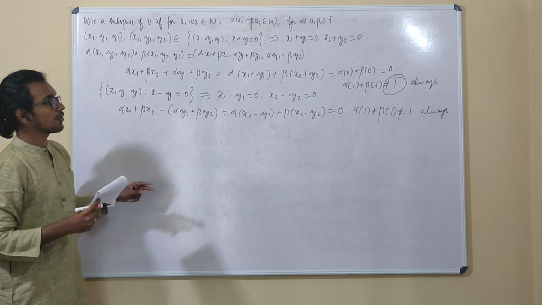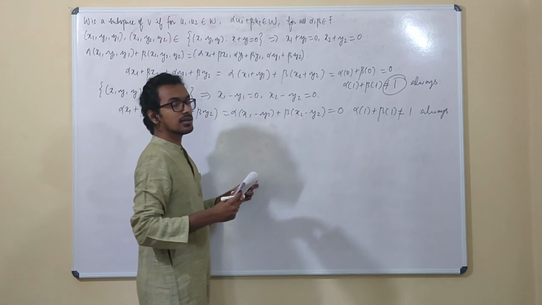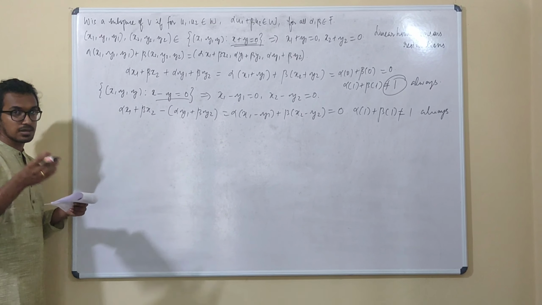Here, instead of working out all these things, the shortcut idea is that just by looking at it, we can reject these as subspaces. That is the linear homogeneous restriction. In all the four options, we have a linear restriction, but in options 3 and 4 we have a non-homogeneous restriction. If we have a linear homogeneous restriction, that has a chance of being a vector space. If the restriction imposed is not a linear homogeneous one, if it is either non-linear or non-homogeneous, you can very well decide that it is not a subspace. That is the basic ideology.